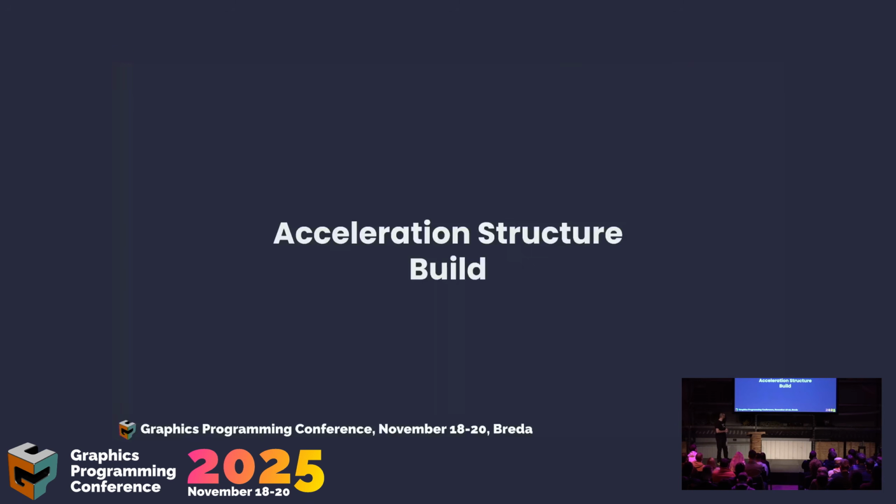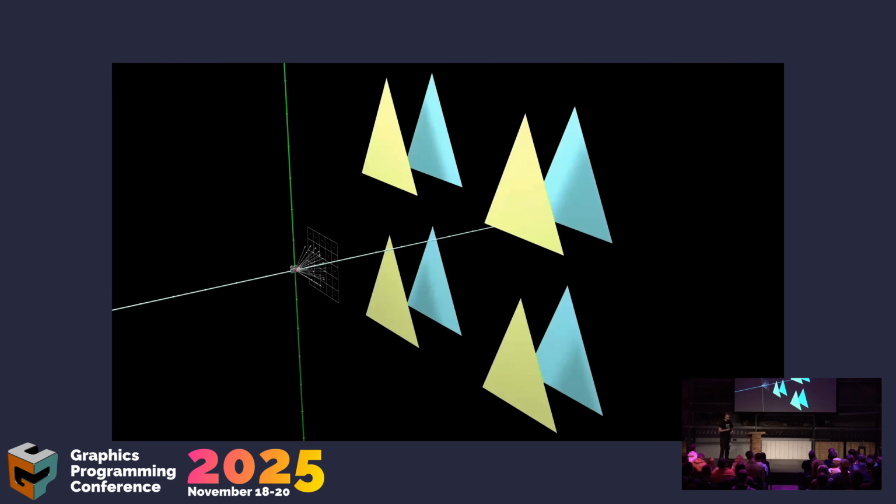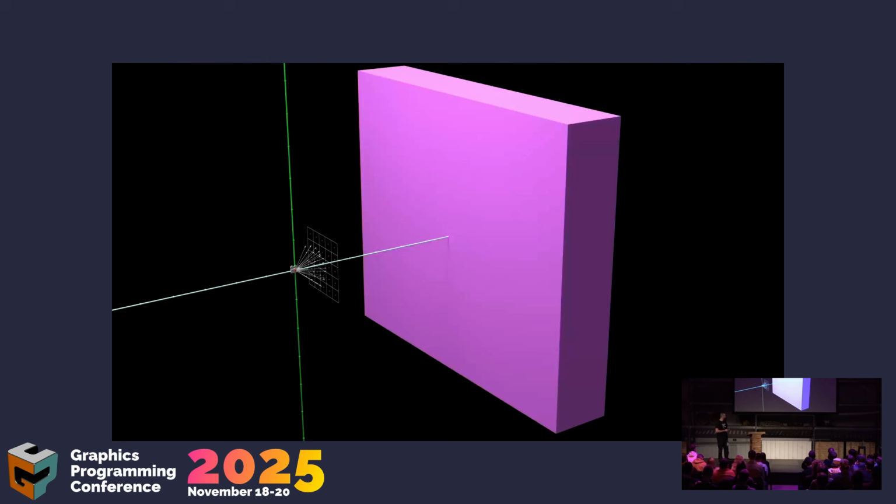Okay? Now, how could we improve this using acceleration structures? First, we have to build such an acceleration structure, and it will represent the 3D space of the scene in a hierarchical, intelligent structure. Okay, this is the scene, and we enclose all the triangles of the scene in the so-called axis-aligned bounding box. So this purple box here contains all the triangles of our 3D scene, and this box is stored in a